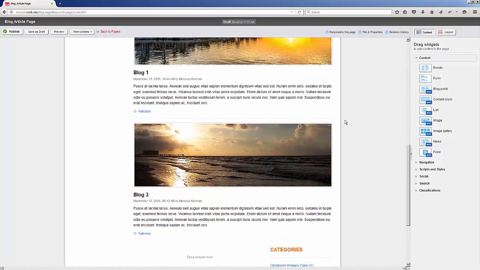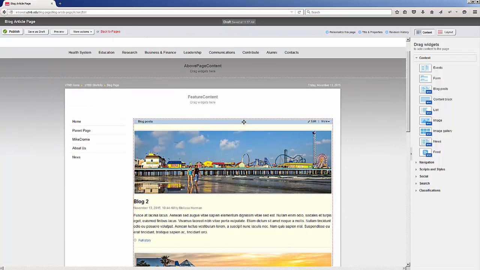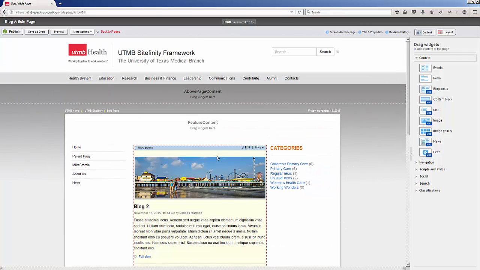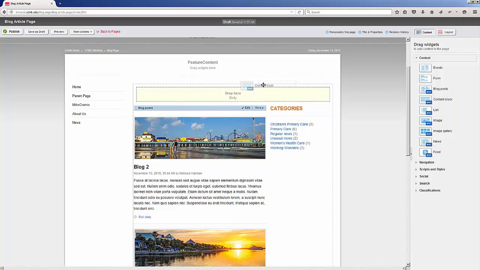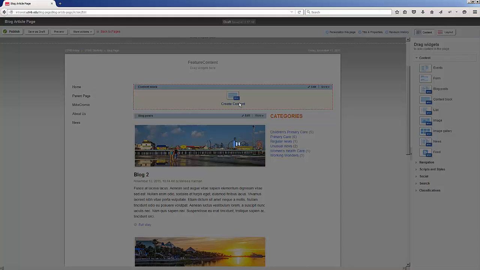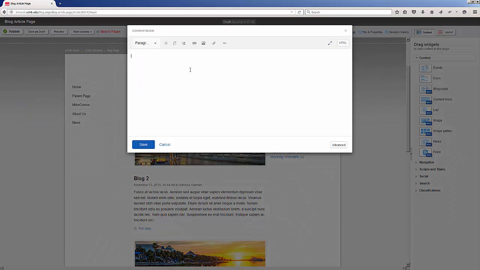So now all I have to do is drag that widget into the column. So now I'd like to add a title to this page. So I'm going to take my content block and drag it to where it's over both columns and drop it. I'm going to click on Create Content, and I'm going to add the name of the blog. I'm going to format this and make it an H1 tag, and I'm going to go ahead and make it